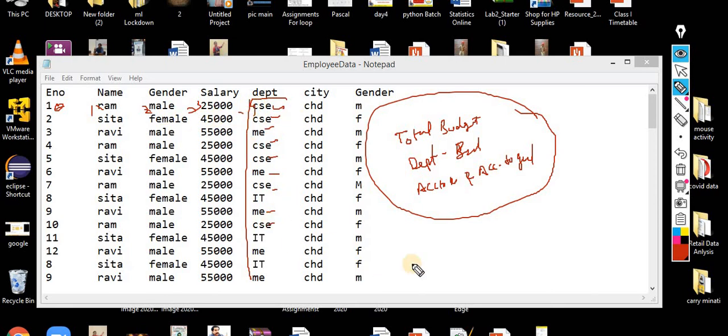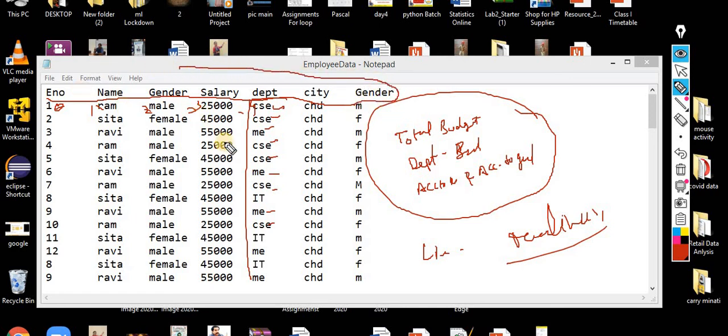And we know how we can get the data into list format: readlines. Make sure the header is also available here, and you have to take care of this header. You have to do typecasting, because the data is coming in the form of a string and you have to convert it into float. Here the salary, you have to take care of this. If you try to do float of salary on the header, you will get the error message.